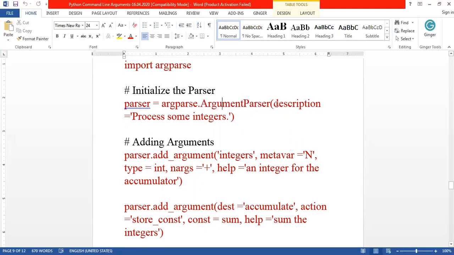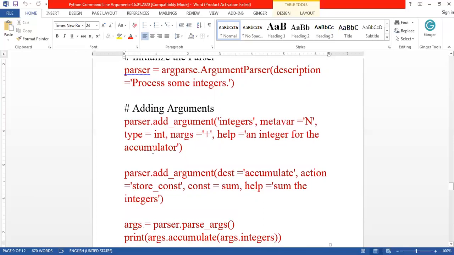So here there are so many options you can give inside. All those options are optional. Either you can give them, or you can just give the function brackets alone. Here, if there is any error, what should be printed can be given, or if this is successfully executed, what should be done and what other things can be there. Those things can be given, or you can give it as empty. So this is the argument parser method, which creates a parser object and initializes it with an empty value.